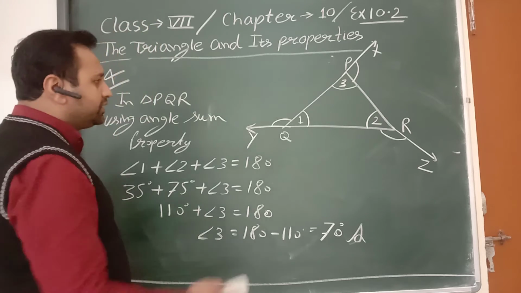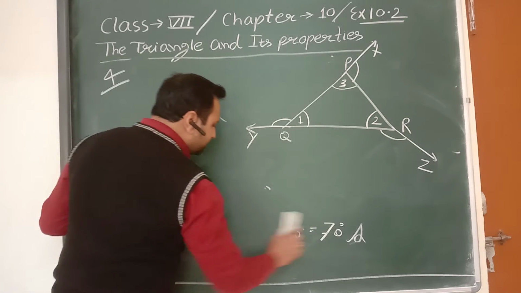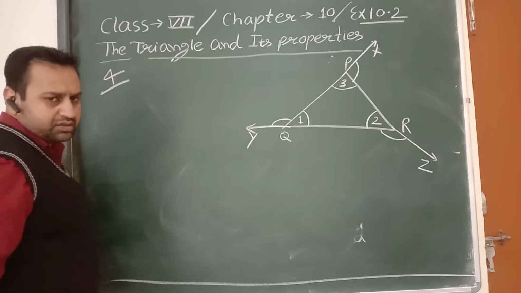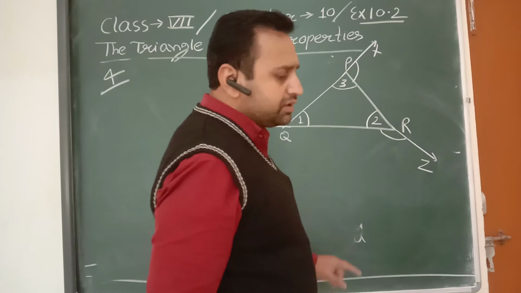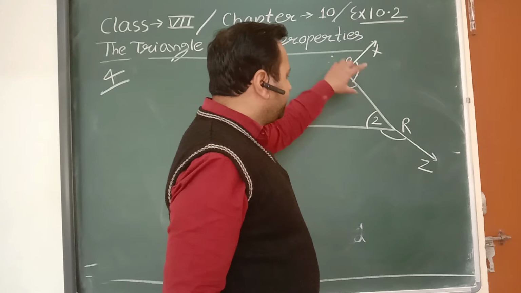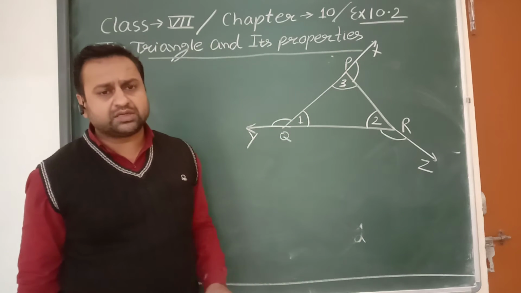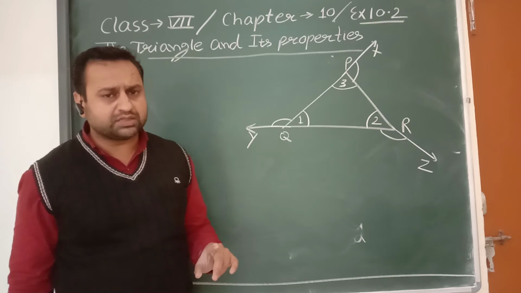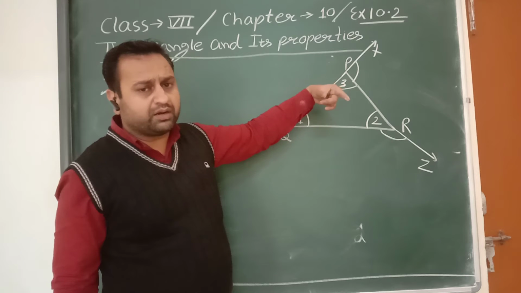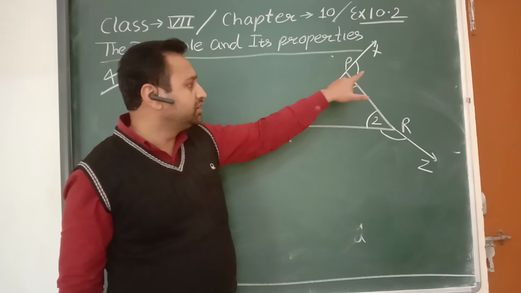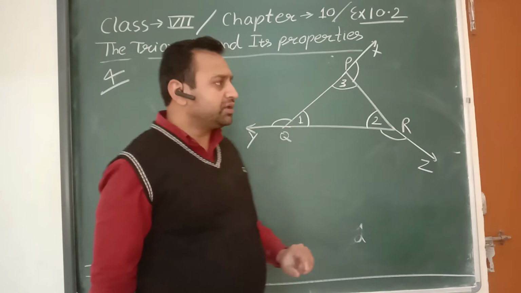Now we have to calculate the sum of these three angles. So firstly we calculate these three angles separately, and after this add them. So firstly we calculate angle XPZ. To calculate these angles, we observe the property between these two angles, again discussed in chapter number 9, Lines and Angles. When two angles are adjacent to each other and their non-common arms are opposite to the common arm, these angles are called linear pair angles. So these two angles are linear pair angles, and linear pair angles are supplementary.